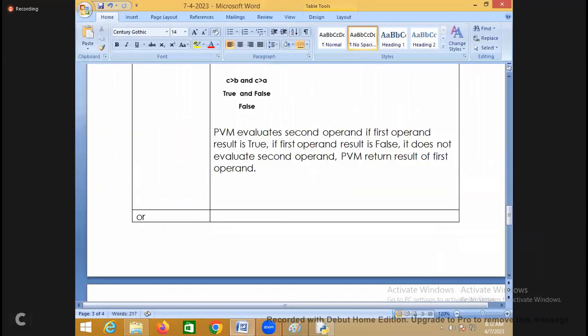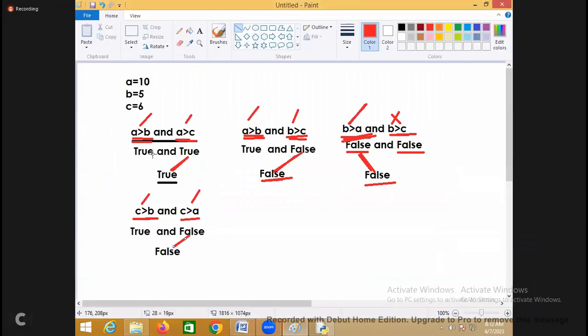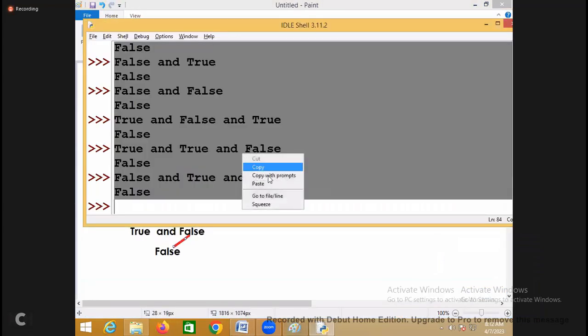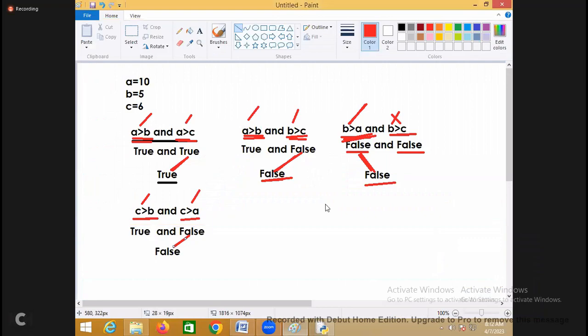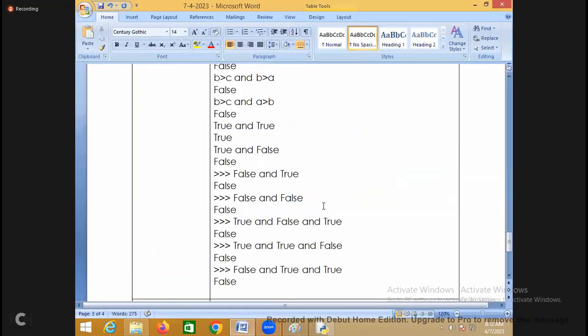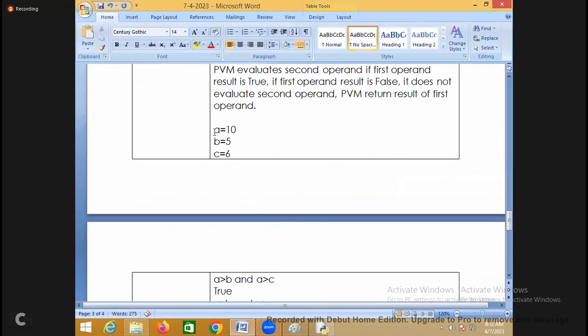But evaluation is sometimes, sometimes what will happen technically here is